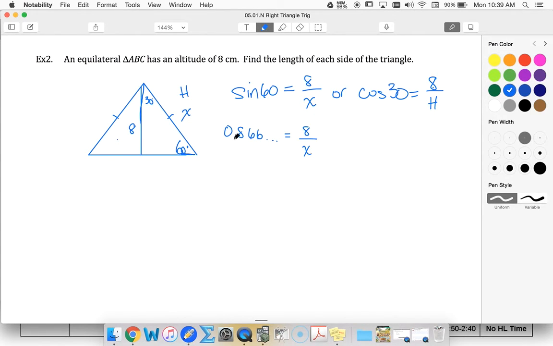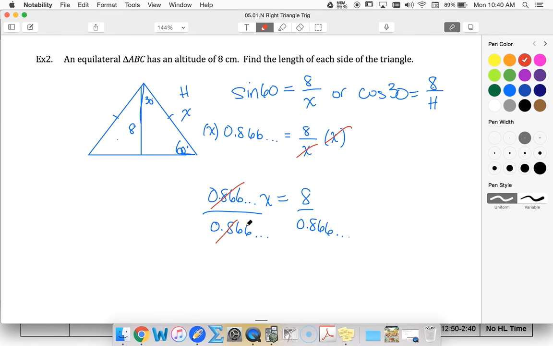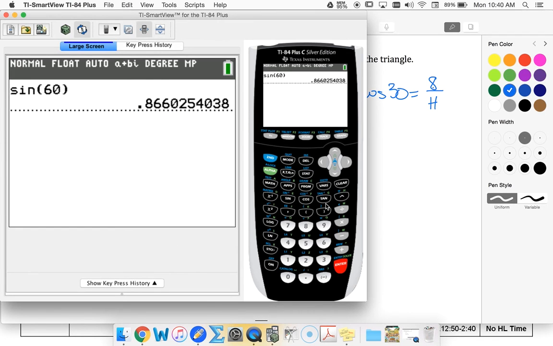If I want to solve this, I can multiply both sides by x. So my x's will cancel on this side, and I'll have 0.866 dot dot dot x equals 8. And now I'm going to divide both sides by my 0.866 dot dot dot. So now that cancels, and I get that x is equal, so 8 divided by this value,